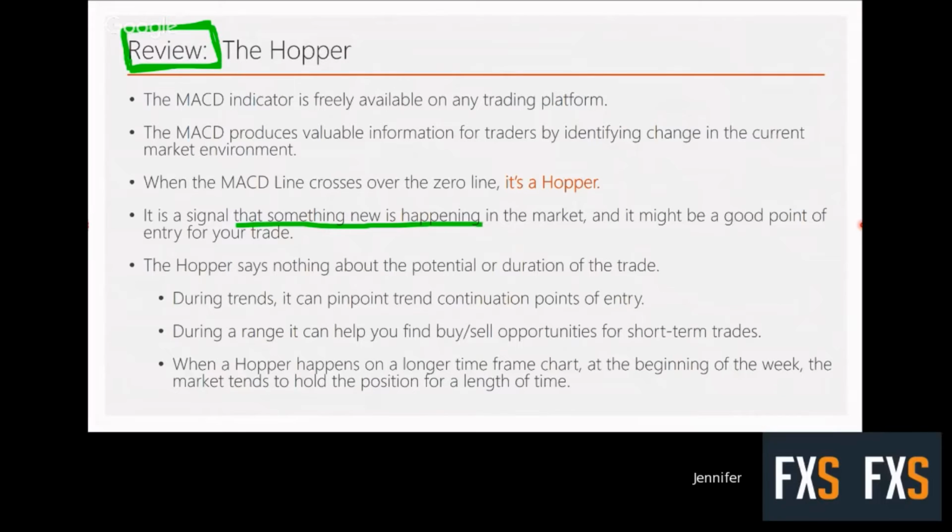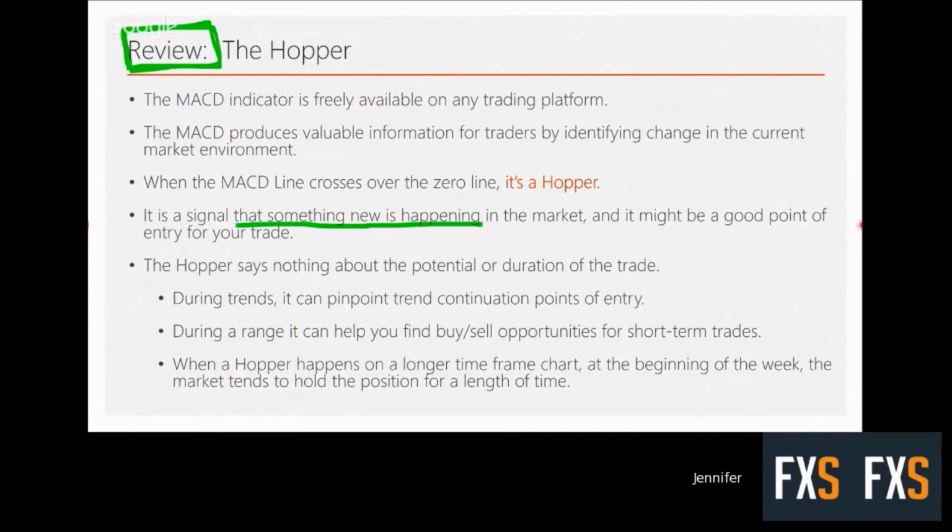When the MACD line crosses zero, it's a hopper. It's a strategy. It's a point of entry. It's an exit. It's a target. It's a stop loss. It's so many things, but it's the starting point for our discussion. MACD line crosses zero, it's a hopper. It's a signal that something new is happening in the market, and it might be a good point of entry